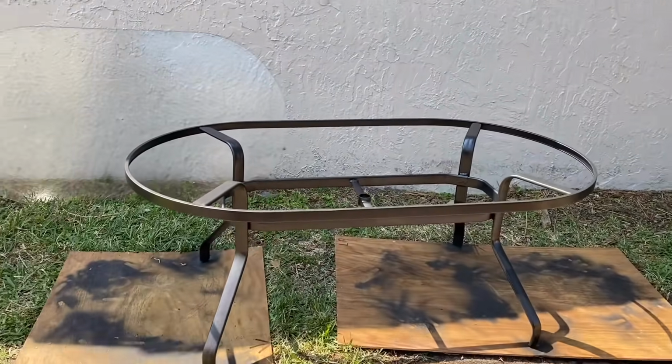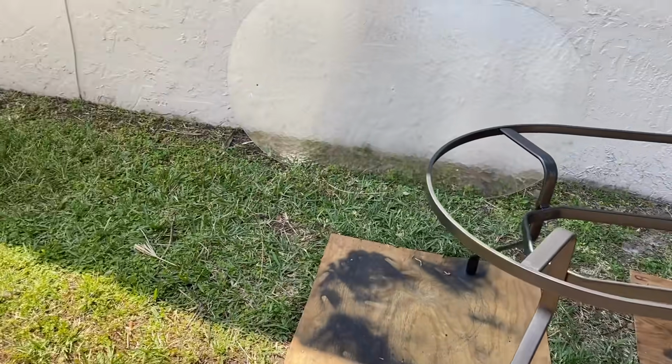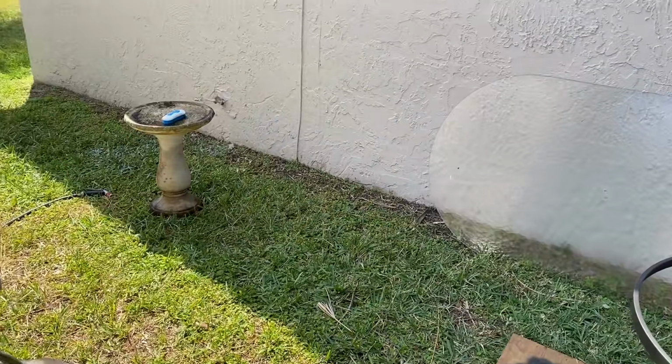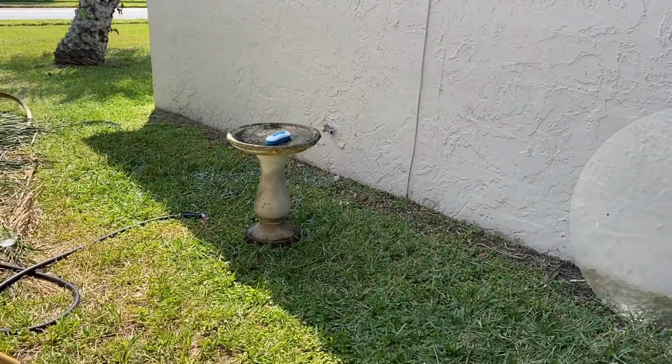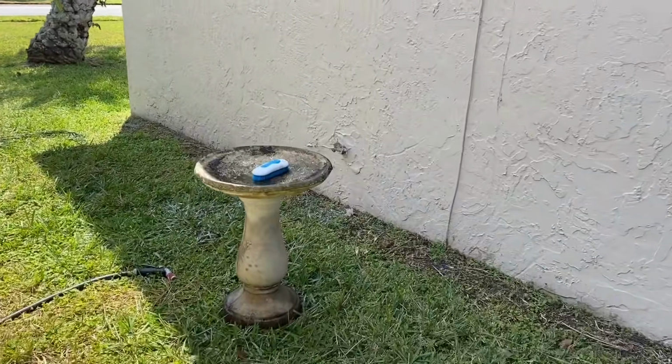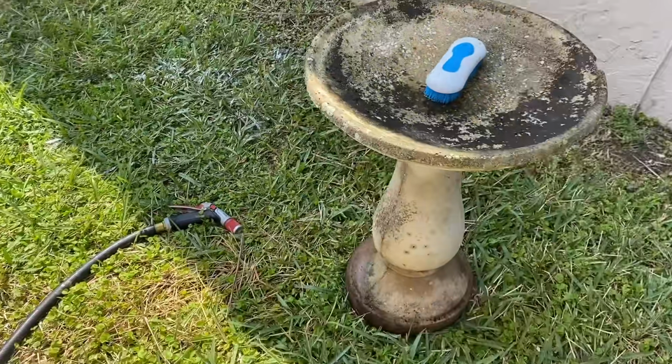It's just drying right now. And now we're gonna start working on this. So this was in our yard when we moved in here, this bird bath, and we moved it over here, and we're gonna get it cleaned up, do the best that we can to try to make it look new,